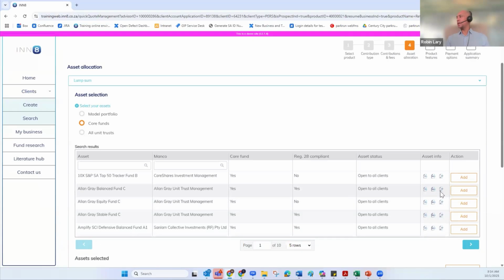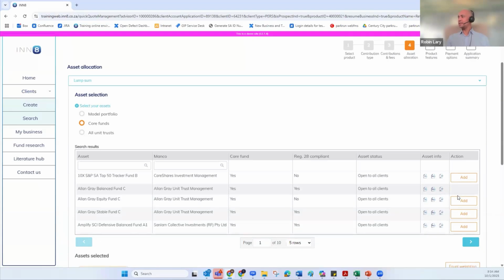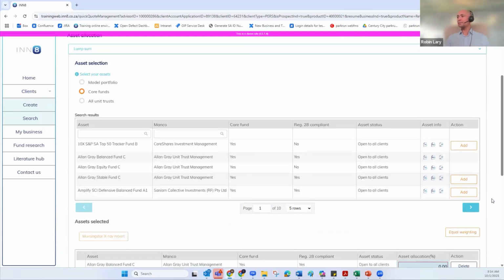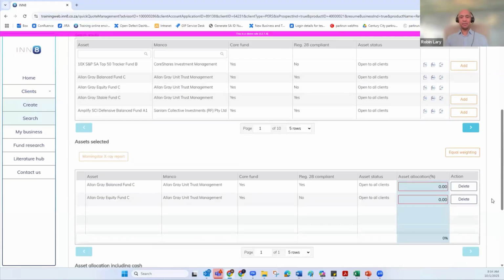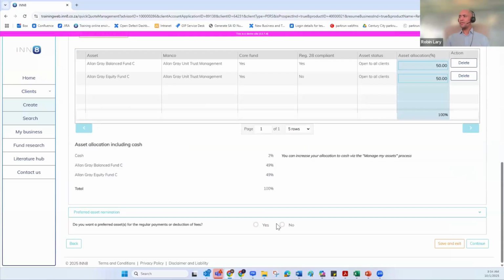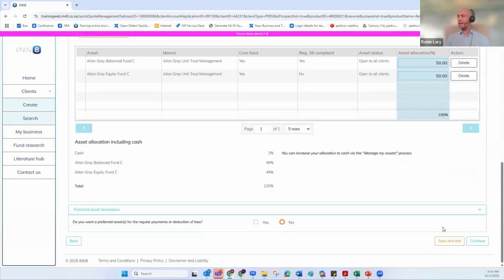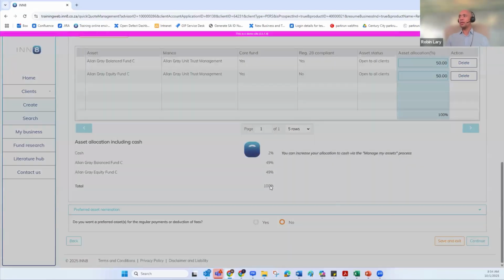What I'm going to quickly do in the interest of time is add two funds, a balanced and an equity fund. And because I'm in an RA investment, naturally the first thing that people think about is Reg 28. So I'm going to click on equal weighting. You can see we've opened up the Reg 28 button. But if I just skip the section for a second and I try to click on continue,